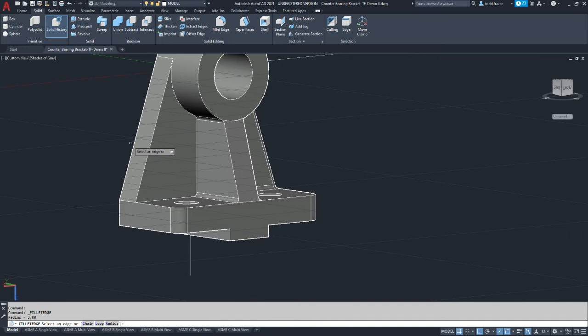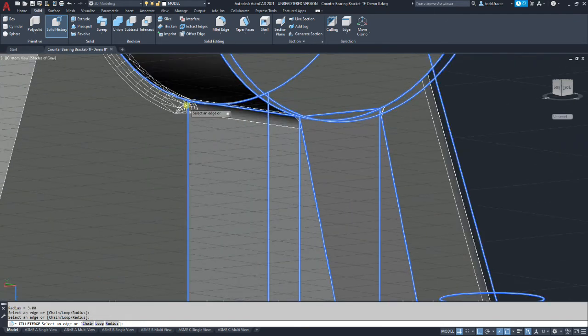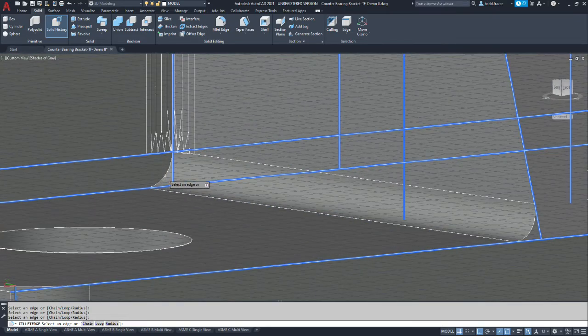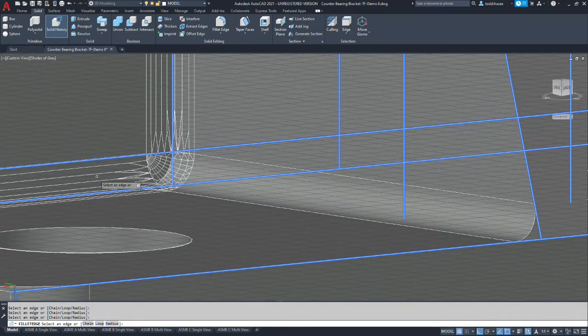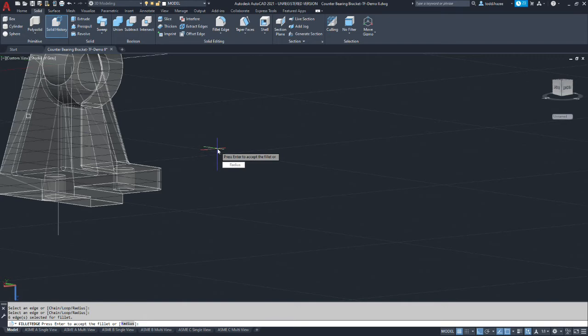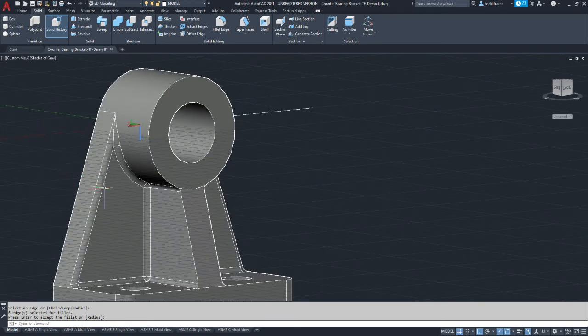We should be able to accept the previous size. Hit enter twice, and your model should look something like this.